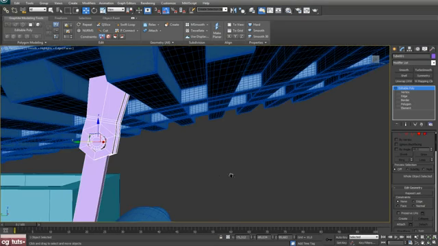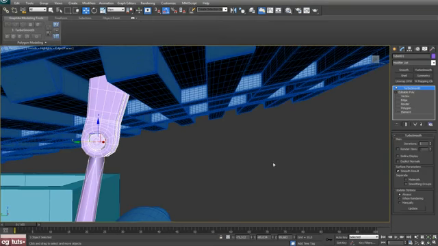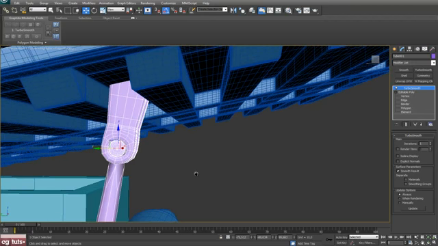Okay, and we can apply turbo smooth, but